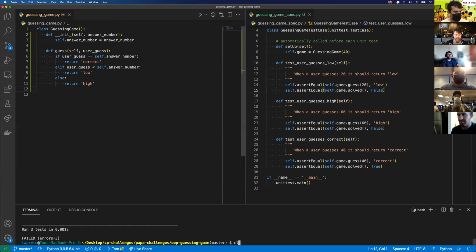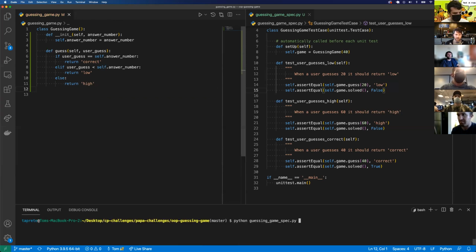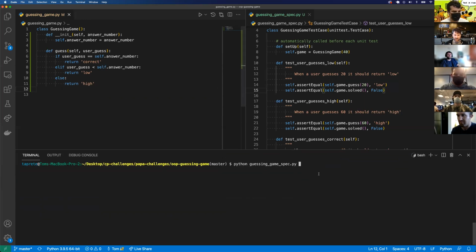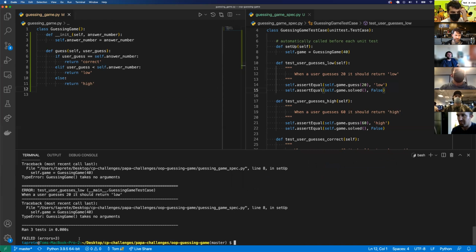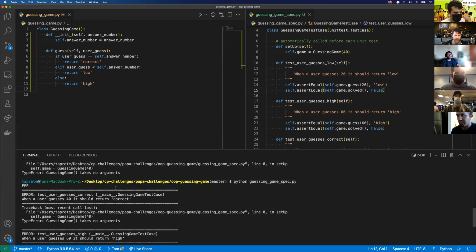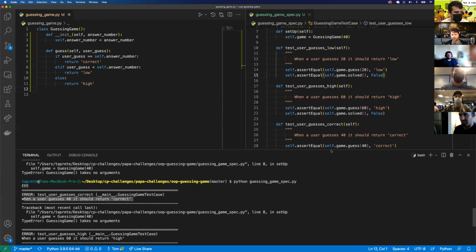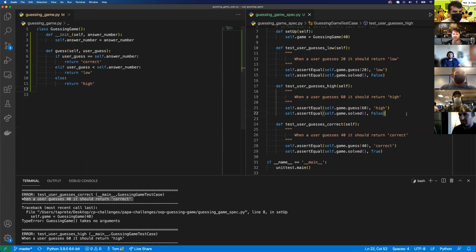So let's run that. All right. So I've got this guess. It ran 3. When a user guesses 40, it should return correct. So this is where it might have been beneficial to break these out into their own unit tests, because technically part of this is correct. So if I were to comment these out,